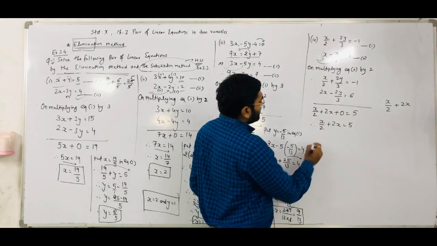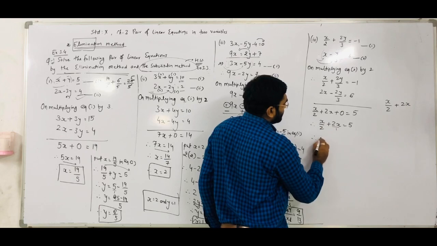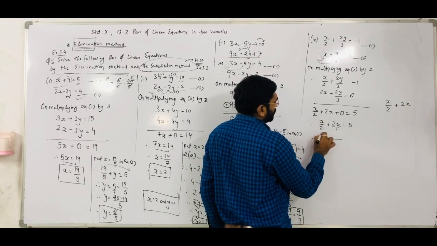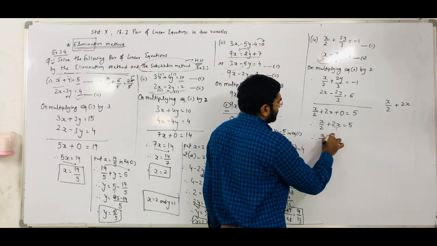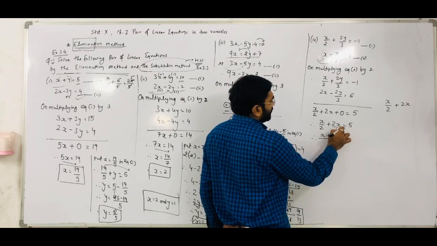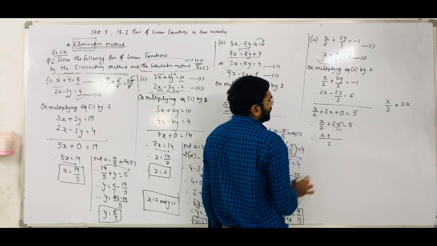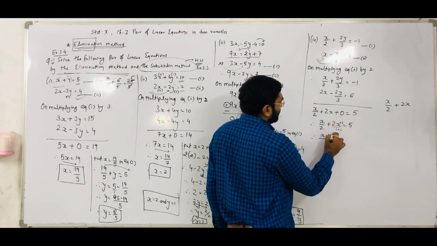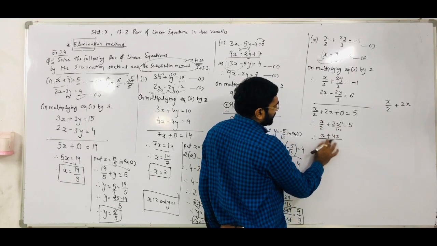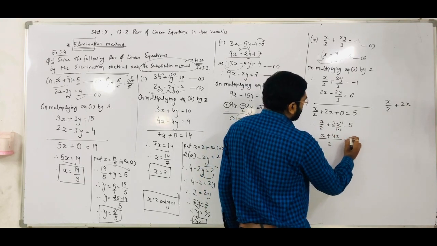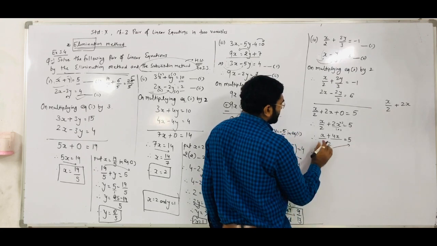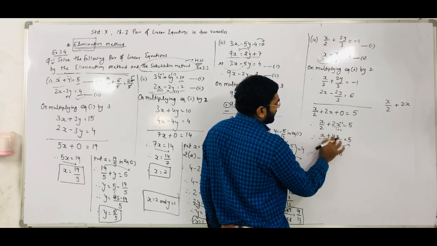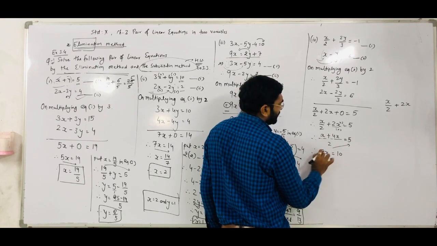Now we have to take the LCM as 2. The denominator of the first term is 2, and for the other term the denominator is 1. So we take the LCM as 2. We write the numerator as it is for the first term, but for the term whose denominator is 1, both numerator and denominator are multiplied by 2 because the LCM is 2. So 2 2s are 4x, and both terms have denominator 2, right? Is equal to 5. Now 2 is multiplied on the right hand side, so 5 becomes 10. On the left hand side, the addition of the two terms, x plus 4x, we get 5x.